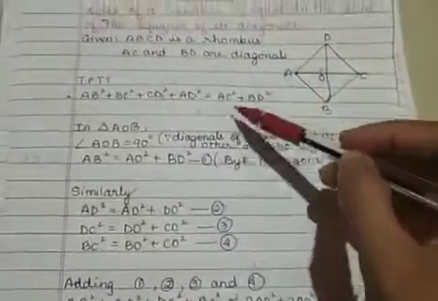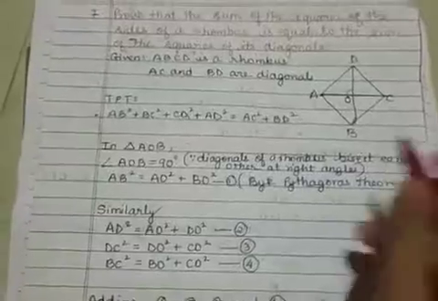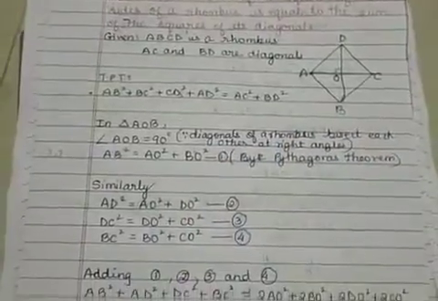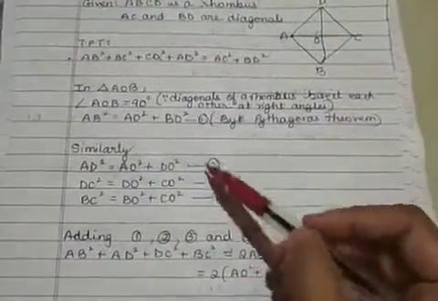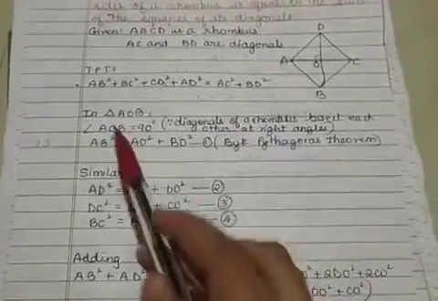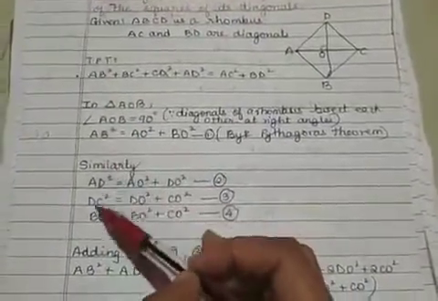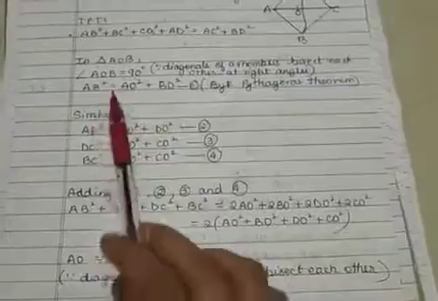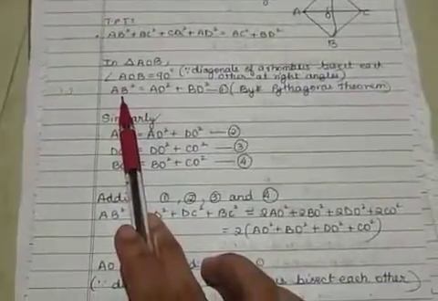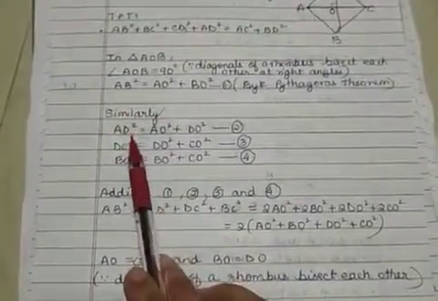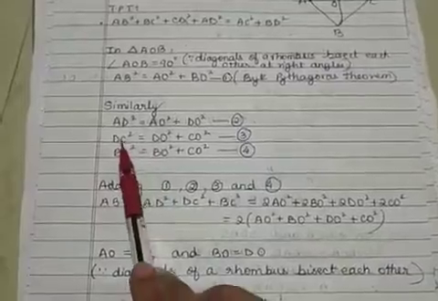Okay, so let us number all these equations as equation 1, 2, 3, 4. And let us add all these four equations because we need here 4 terms. Okay, so when we add on the left hand side, we get AB square plus AD square plus DC square